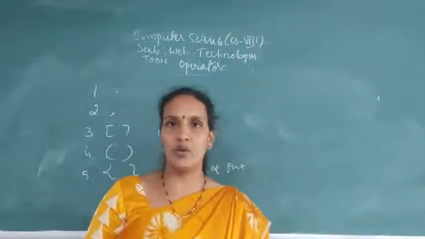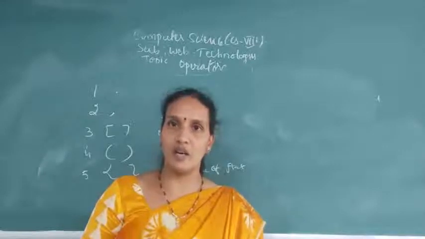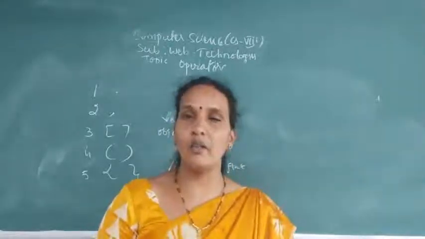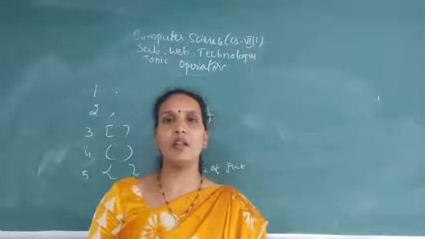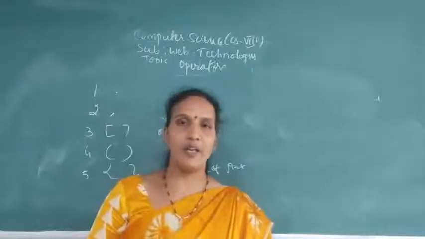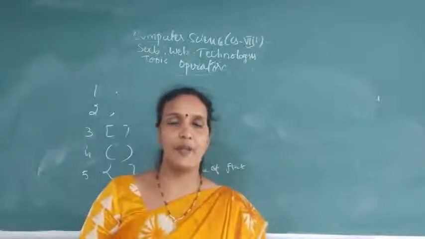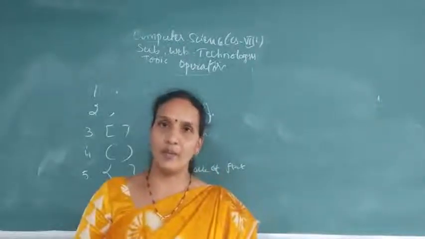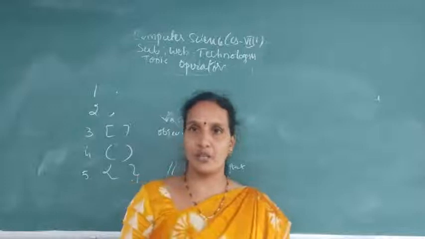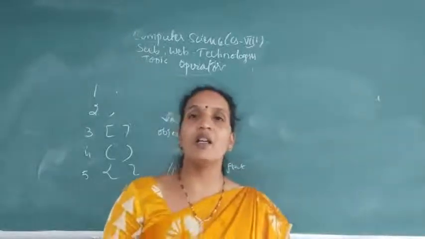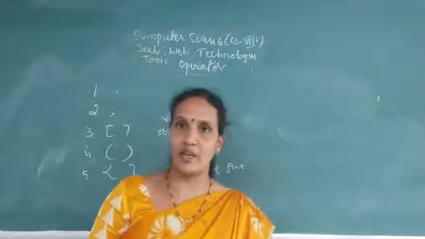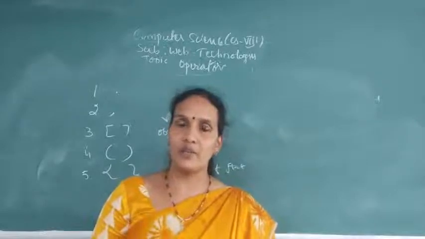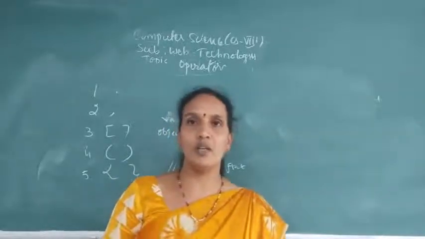And coming to logical operators: logical and, logical or, logical not. Increment and decrement operators: one is the increment operator and the second one is the decrement operator. And the last one is the string operator. Here I have explained only one string operator, and you have more operators also. Now coming to miscellaneous operators. One is the period, the dot, which is used to separate method and the object. Comma, which is used to separate variables. Square brackets, which are used to give the size of the array. Round brackets, parentheses, which are used to define the parameters inside the function. And next curly braces, which are used to give a block of statements.